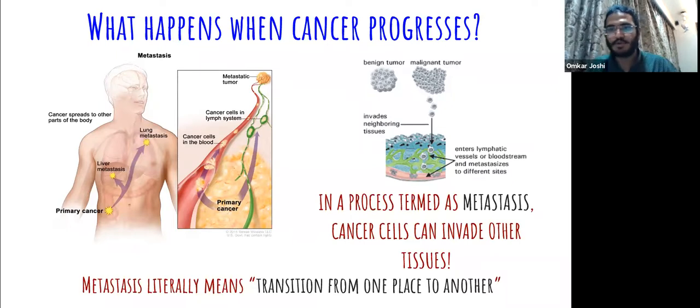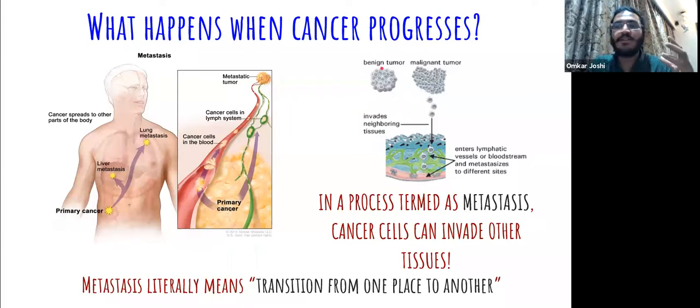From lung to liver to brain, that is usually called a third or a fourth grade cancer, which has really progressed to a very late stage. And these cells are very notorious. They have gathered so many mutations that they can probably resist most of the drugs that you put in. So anyway, that's a separate discussion.